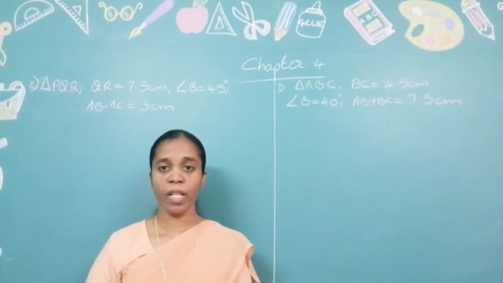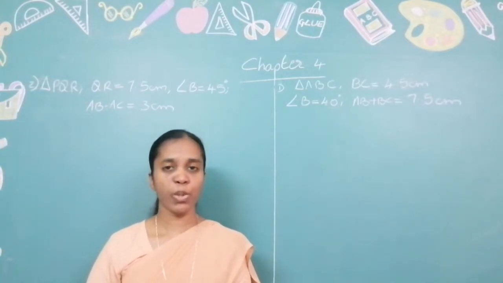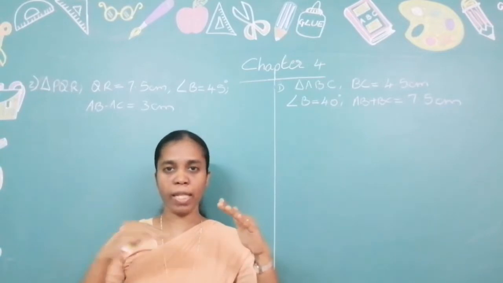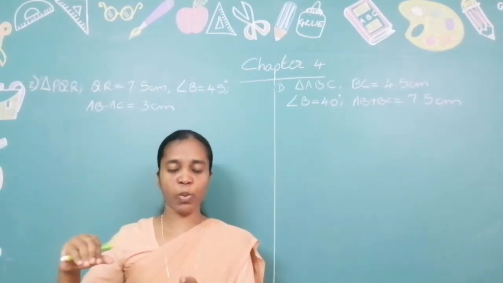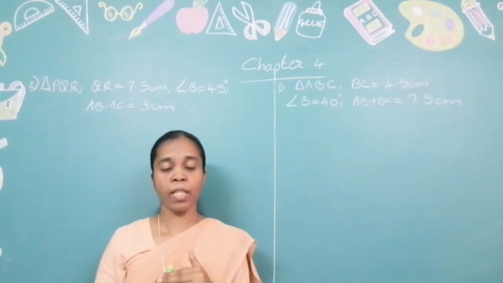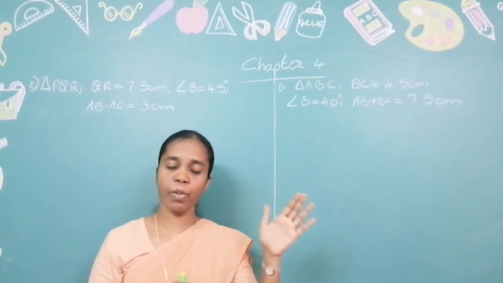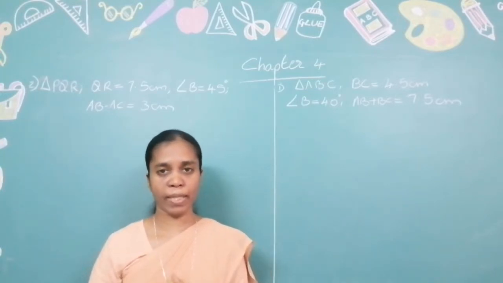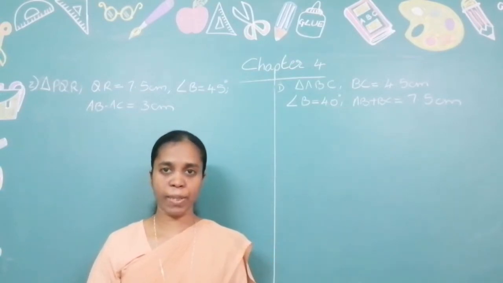The first 3 types are almost in the same manner. Okay? Now, we have already learnt in the previous classes how to construct a triangle. But what were the measures given to you? You are given 2 angles and the side included, or 2 sides and the included angle, or the length of all 3 sides. If it was a right angle triangle, you are given the length of the hypotenuse and the base. So these 4 types of constructions you have already learned in 7th standard.